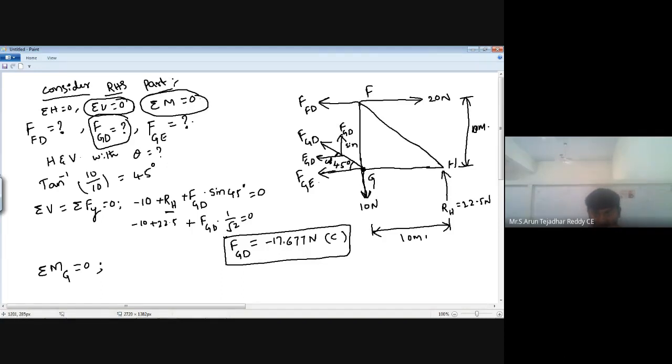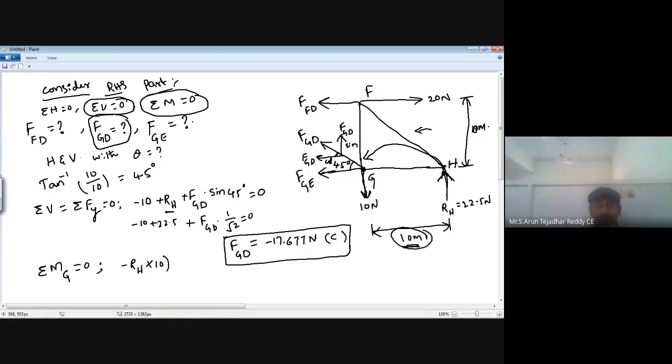So first consider RH. Our force is passing through point H, and we take moment about G, from H to G. How is it moving? Is it clockwise or anti-clockwise? Your direction is upward, so it is moving in this way. It is anti-clockwise, so take negative, minus RH. And what about the perpendicular distance? From H to G, the perpendicular distance is 10 meter